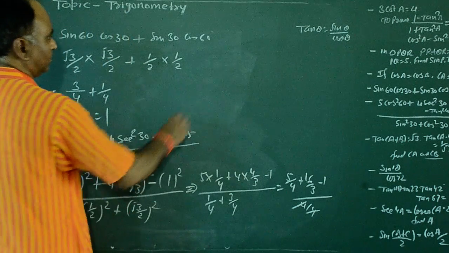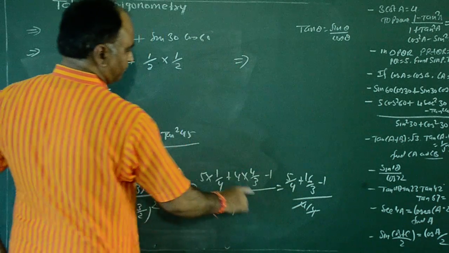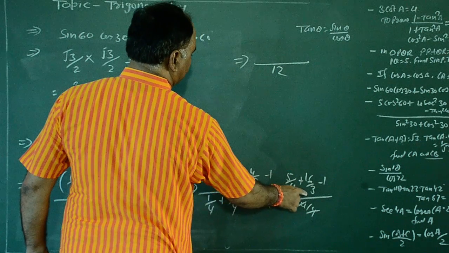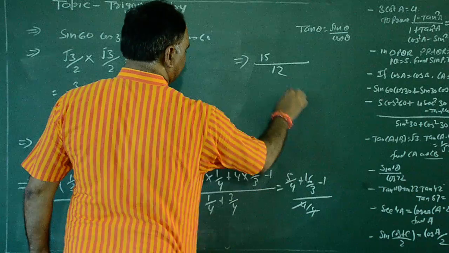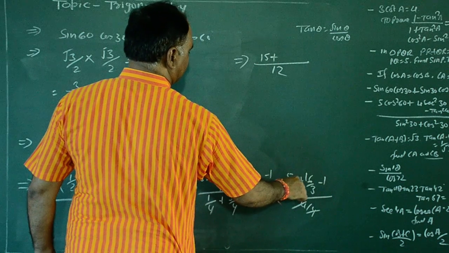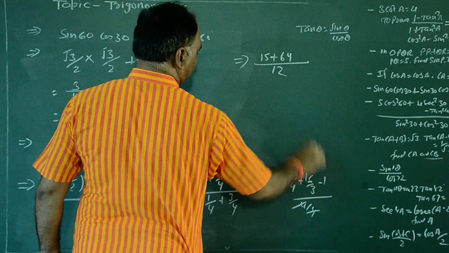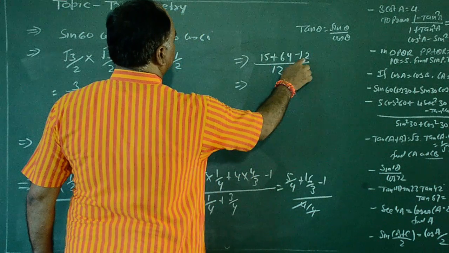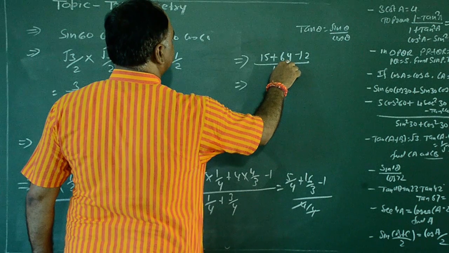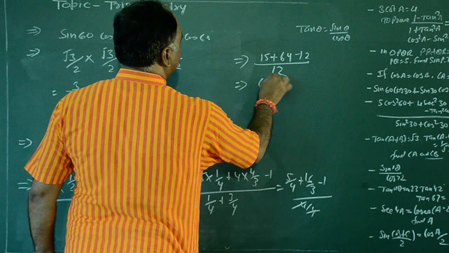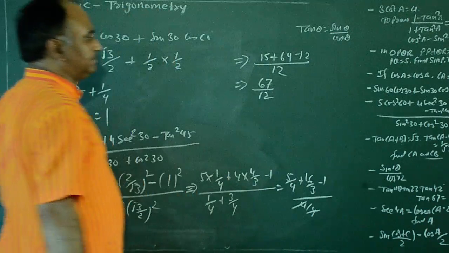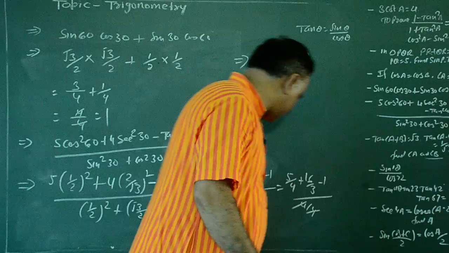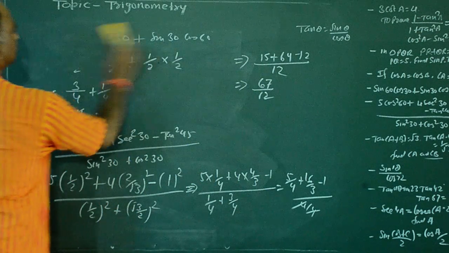Come on, look here. First taking LCM, you have 12 here: 4 times 3 is 12, 3 times 5 is 15, then plus 3 times 16 is 48, and minus 12. So you have got 15 minus 12, that is 3, you have added 3 into this number, and you have got 67 upon 12. That will be the answer. Okay, and now one question more from this exercise,